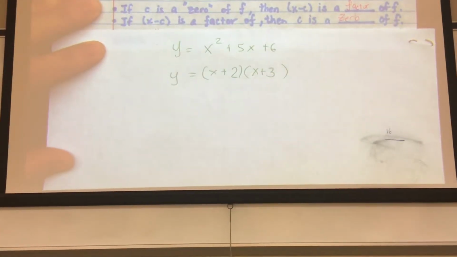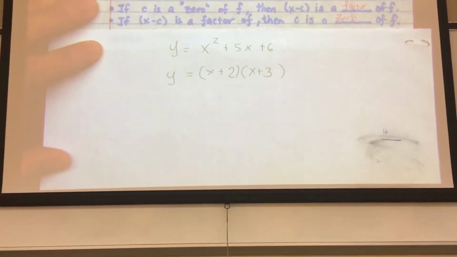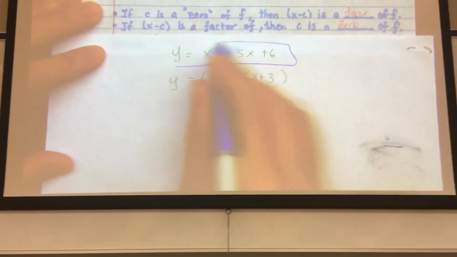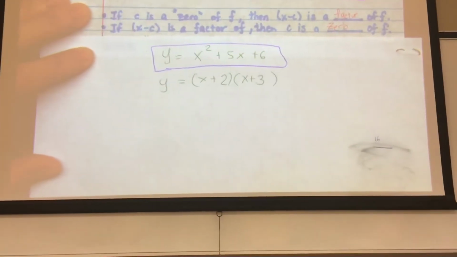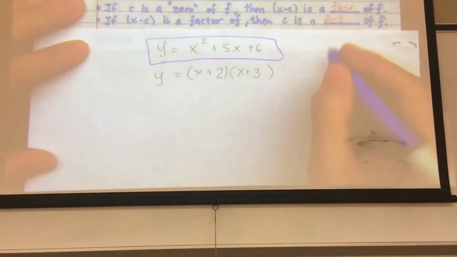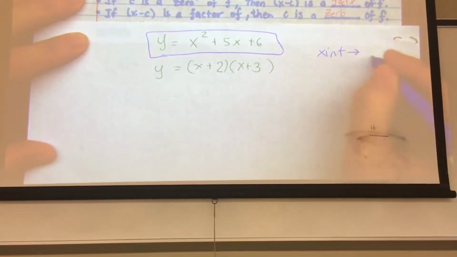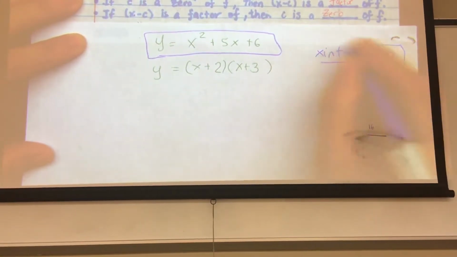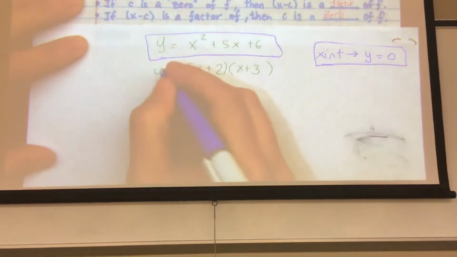Okay. Now, if I was saying, what are the x-intercepts for this degree 2 polynomial function? Negative 2 and negative 3. You do it by default, but let's remember why that is. To be an x-intercept means your y values are equal to 0. That's what we really are saying. If your y value was equal to 0 here,